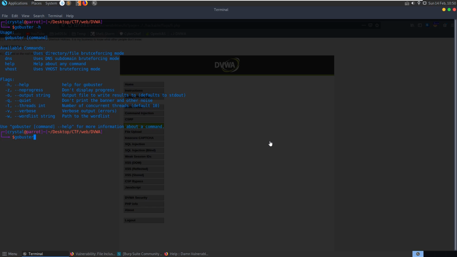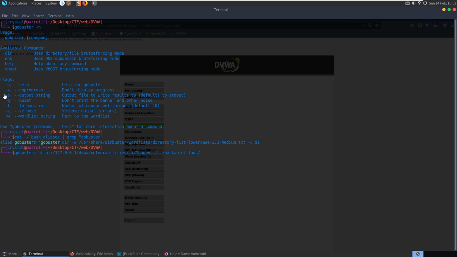So I have a command GoBusters which I have set up for this, which kind of automates some of that. In fact, let me check my aliases. So we have this GoBusters where it's running GoBuster directory as the mode, and then we pass in a word list, just a generic word list here, and then we pass in whatever URL. So if I run GoBusters, and then we pass in our URL,